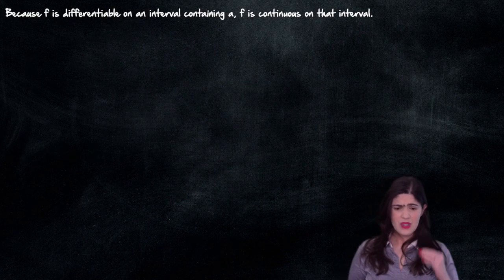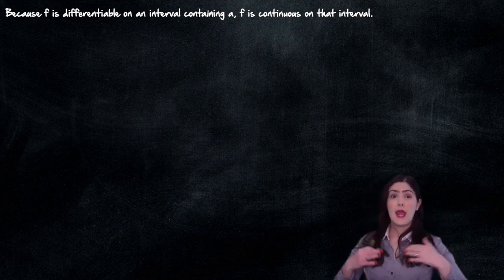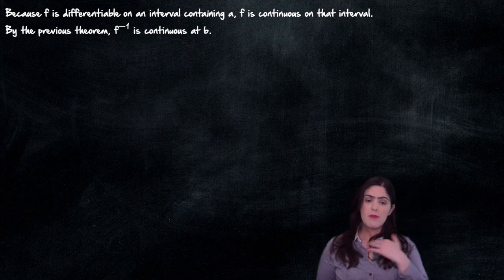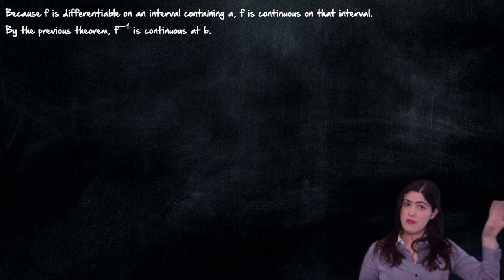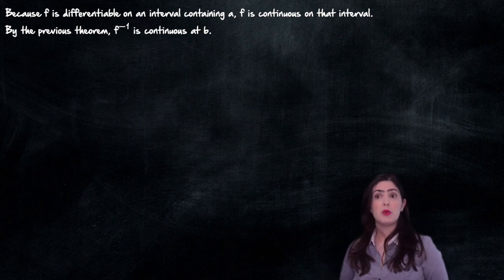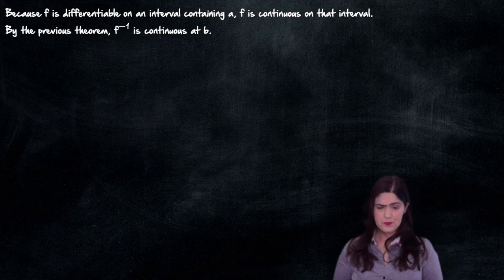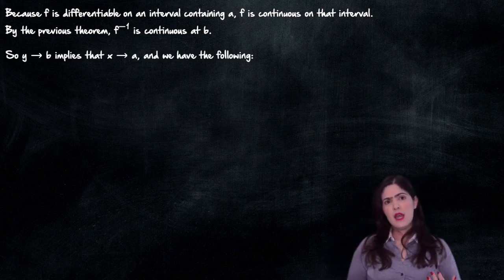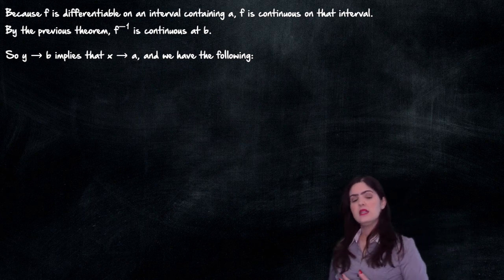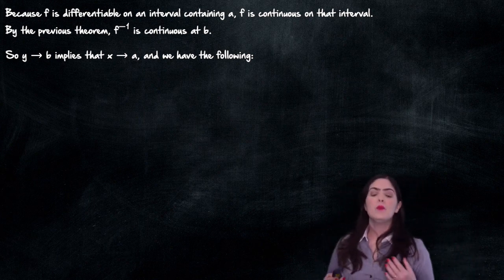Now, because we know that f is differentiable on an interval containing a, f is continuous on that interval. So the previous theorem that we did in the previous video will tell me that the inverse is continuous at that point b, because remember, b is just f of a. So now that tells me that y tends to b implies that x tends to a. And we have the following,